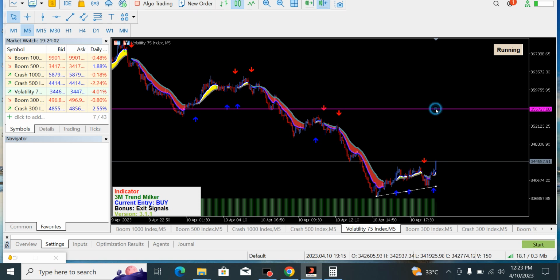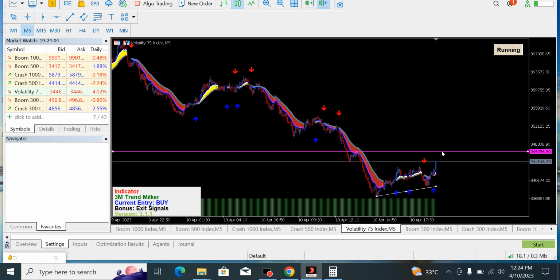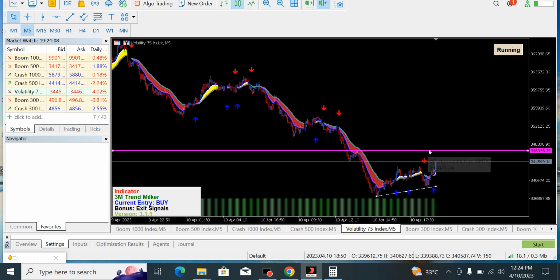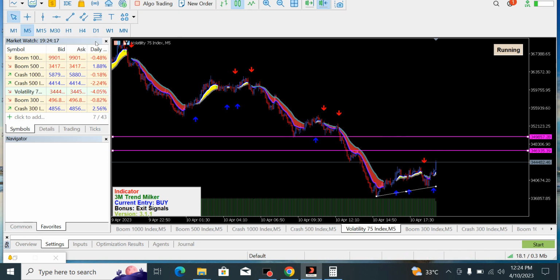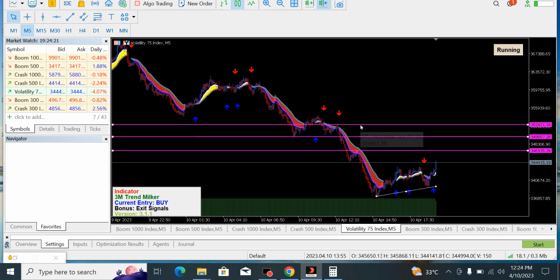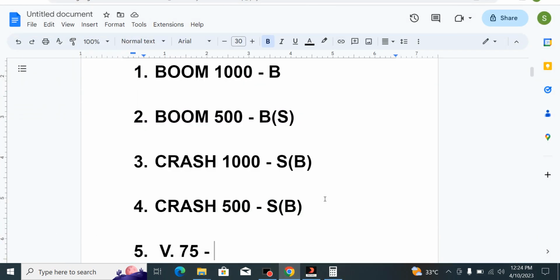The next resistance zone is somewhere around there, so you should be taking your take profit around here. That is very, very important, and once it breaks out above this, then we should be looking at somewhere here. And if it breaks out above that, we should be looking at somewhere here. This is very, very important, so you guys should take note of that. So this is also a buy, more of a buying opportunity than a selling opportunity.